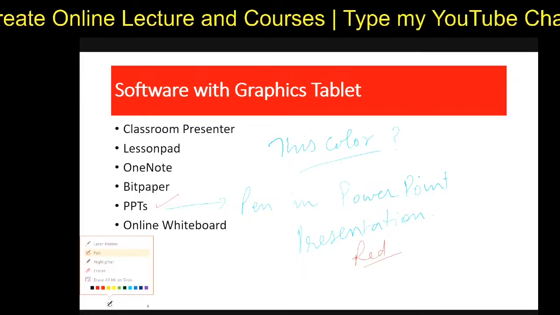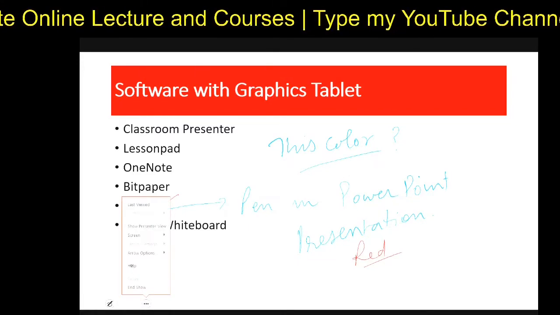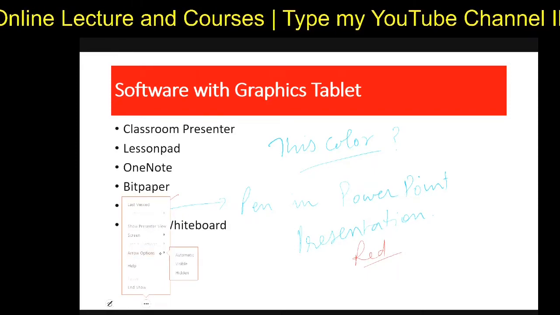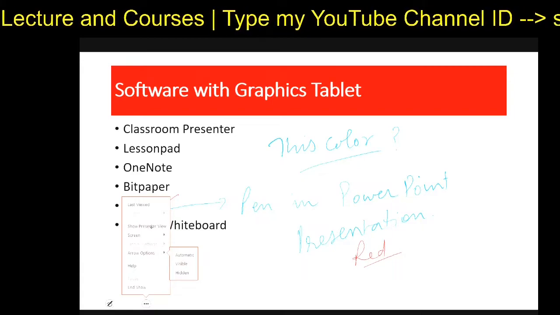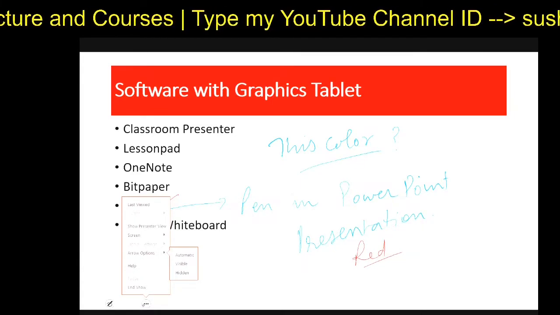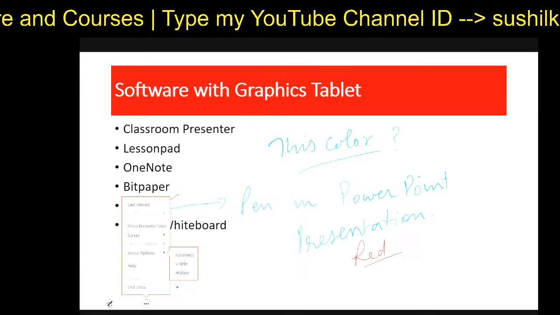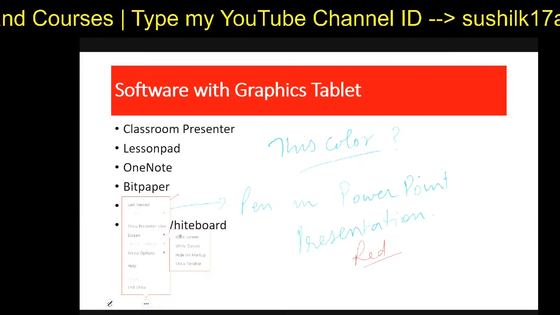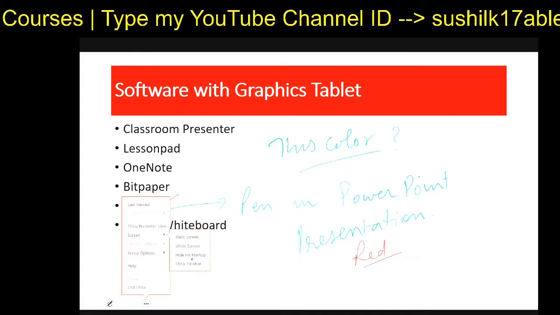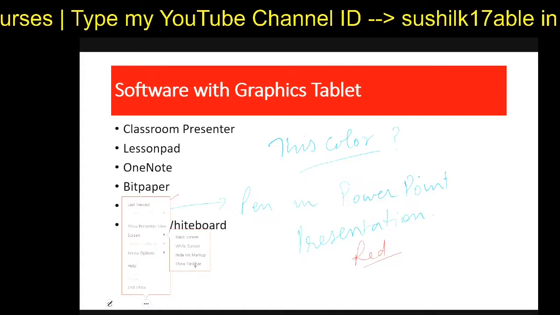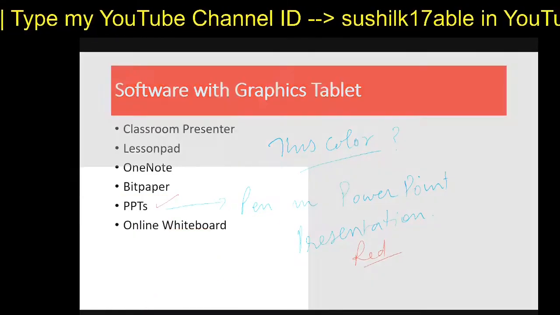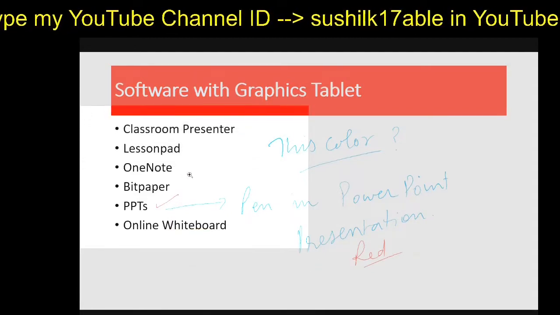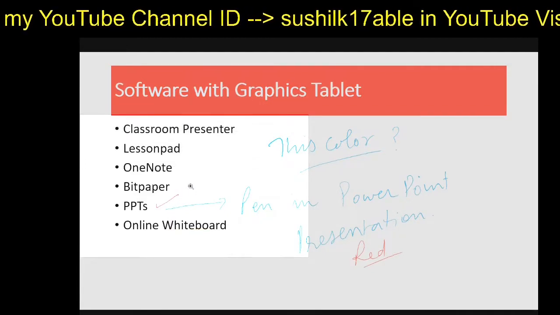Or let me check, is there any option? There are options like arrow options, automatic visible hidden, show presenter view, last view. So in settings there is no option here. Black screen, white screen, hide ink markup, show taskbar, etc. I will show you some of them, but before that you can highlight a portion of your presentation.